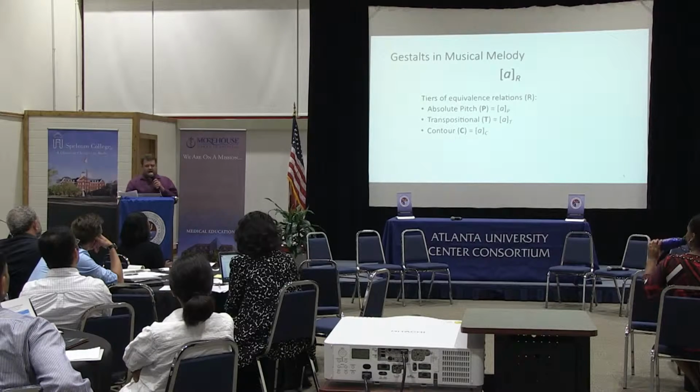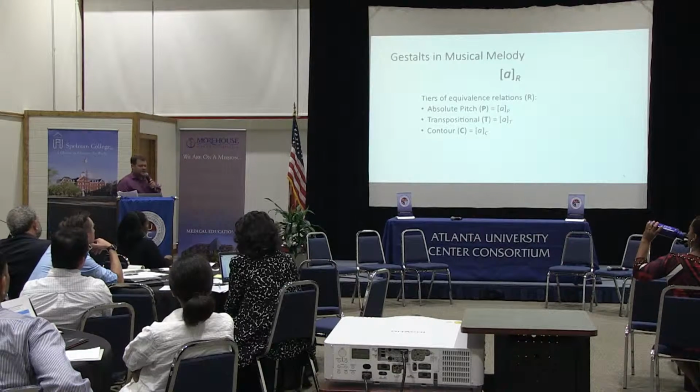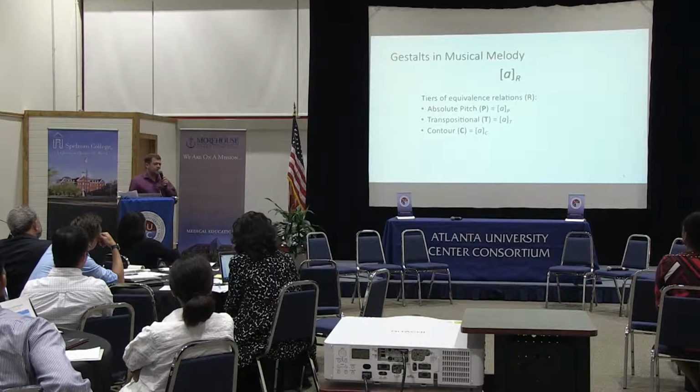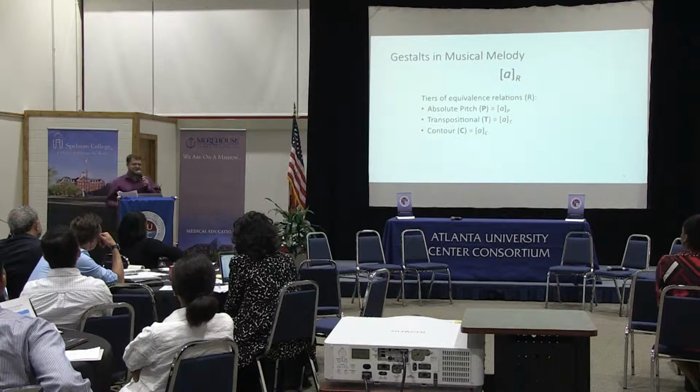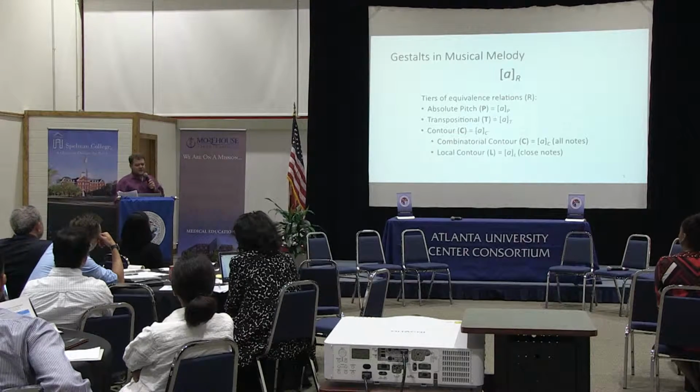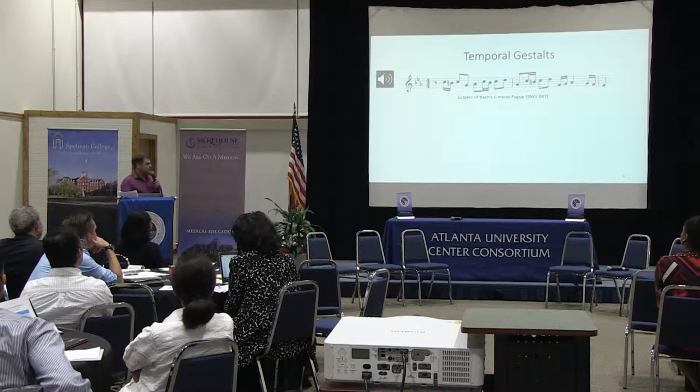So we have various common equivalence classes. I don't have time to go into those, but most of them stink. Music theory has basically failed. We have all this formal analysis, but we basically failed to figure out Gestalts. You can use very complex similarity relations, but the whole idea of a Gestalt is that it forms some sort of equivalence. So most of our formalisms so far don't really work. So I'll give you an illustration of this.